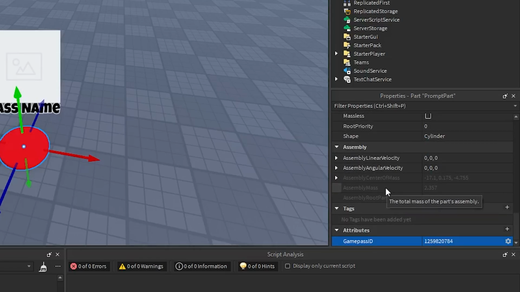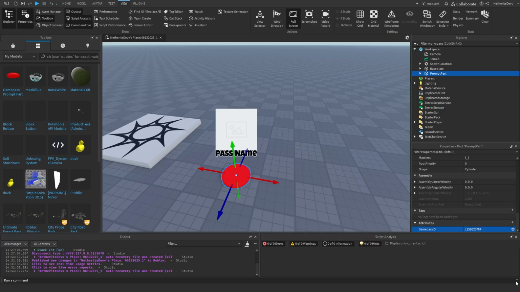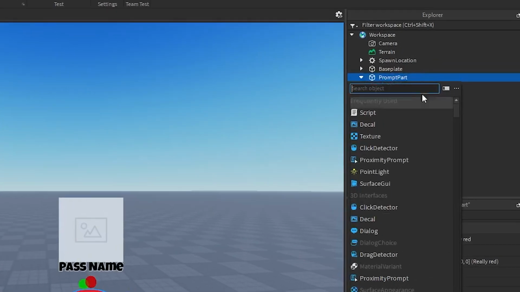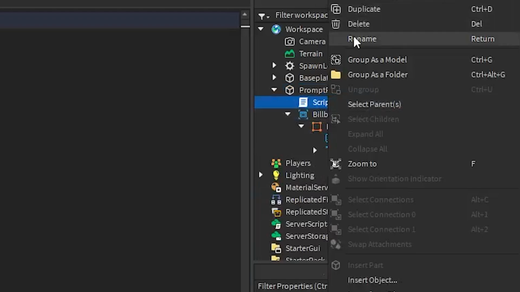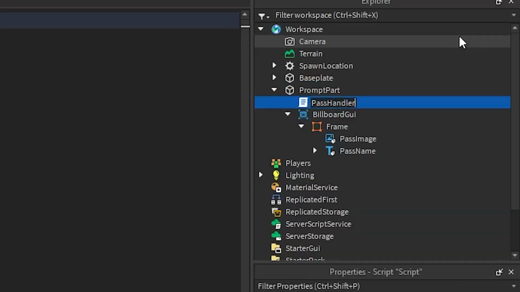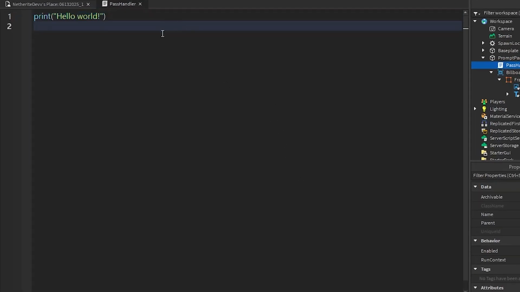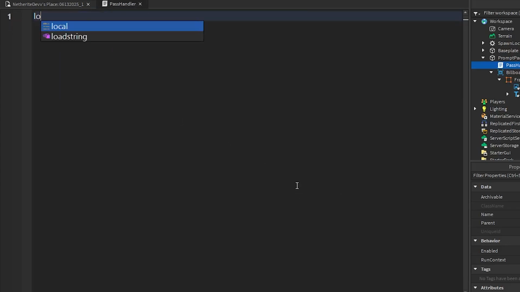So now we have all the setup finished. We can go ahead and get to scripting. So in the prompt part, we can go ahead and add in a script, which we can go ahead and label Pass Handler. And this script is relatively simple. So we can start by creating a variable to our Game Pass ID. So we can do local Game Pass ID is equal to